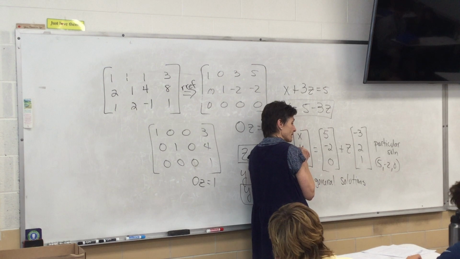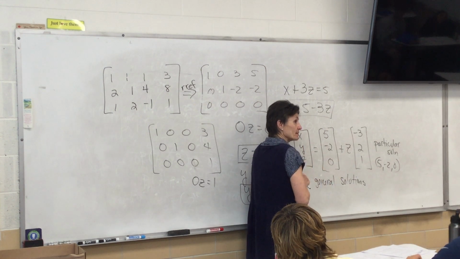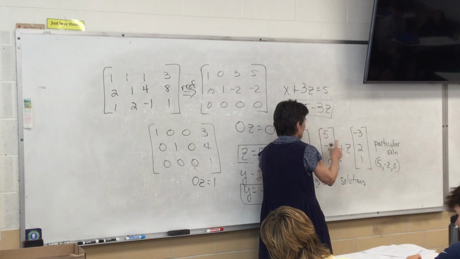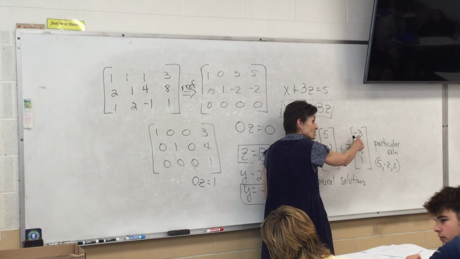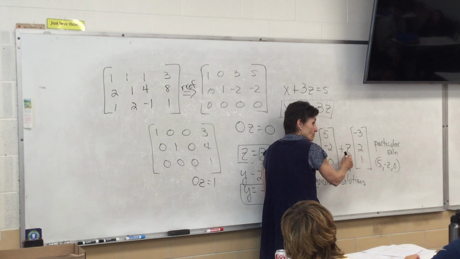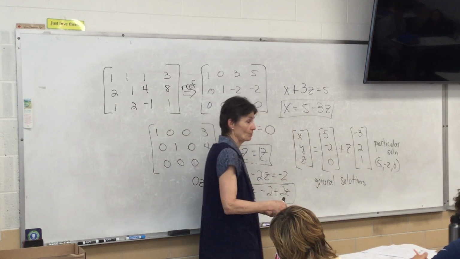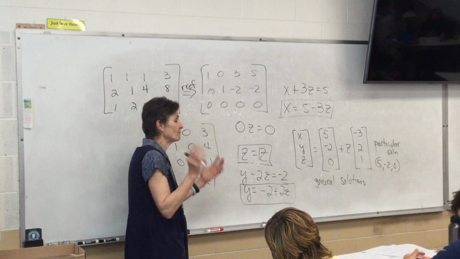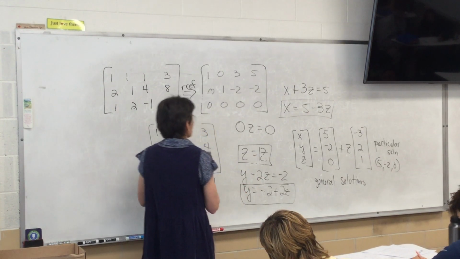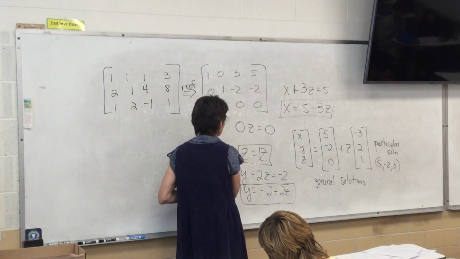What would you have to do to get another particular solution? Pick a z, pick a different z. So if you let z be 1, then you could do 5 minus 3, and negative 2 plus 2, and 0 plus 1. And that would be another particular solution. But there are infinitely many of them. You can let z be whatever you want. All right, so one way to write our answer,